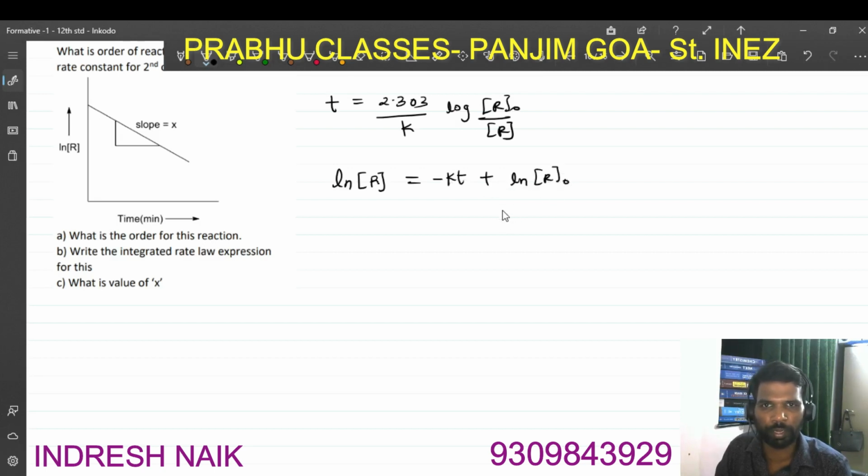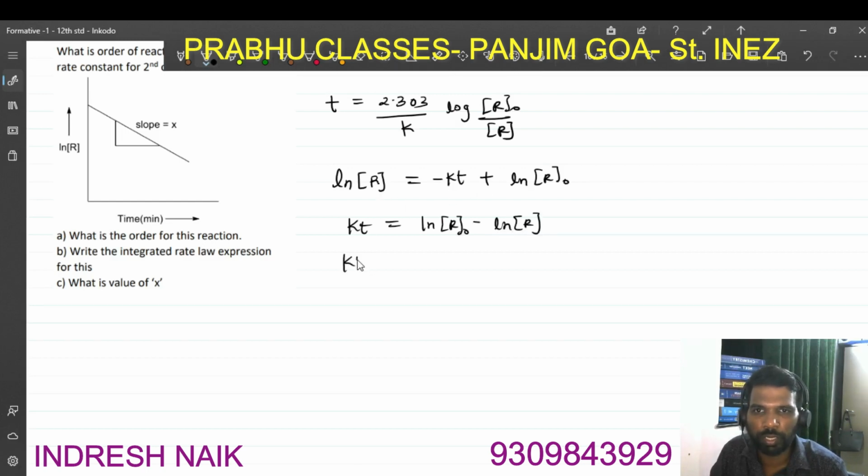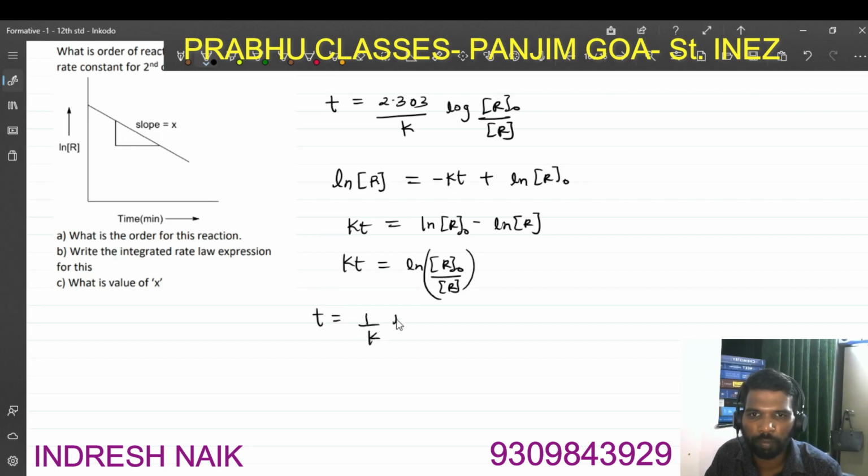Then we write it in this format: kt is equal to ln of r0 minus ln of r. We just rearrange it. So kt is equal to ln of r0 upon r, and this t will be equal to 1 by k ln of